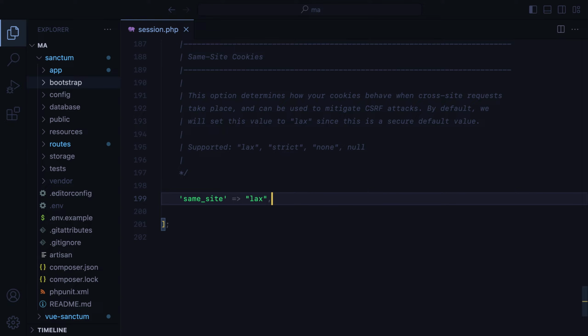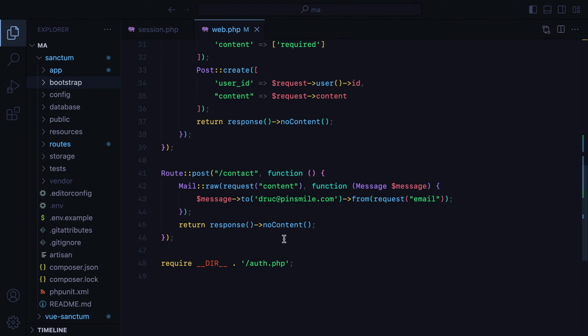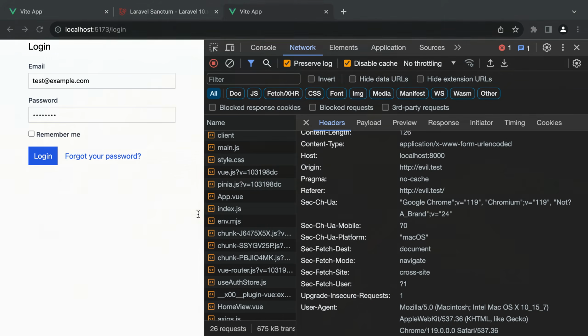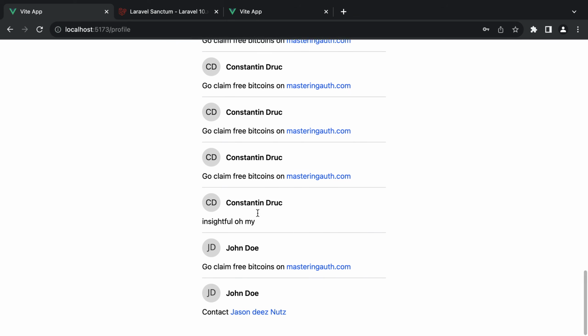However, properly configuring session cookies only helps us with authenticated requests. Sometimes we may have endpoints that don't necessarily require the user to be authenticated. For example, if I go to my web routes file, I have this contact endpoint that receives some content and sends an email. While it doesn't require authentication, it would be great for this endpoint to only be accessible from within our website. Because right now, if we go to fake Twitter, we have a similar evil link here that,